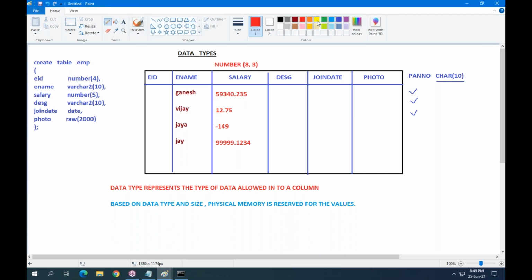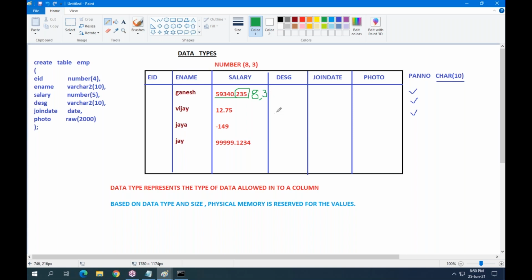First, this is valid. Why? What is the total length? Don't count the decimal point, only count digits. The total length is 8. What is the length of the decimal part? 3.